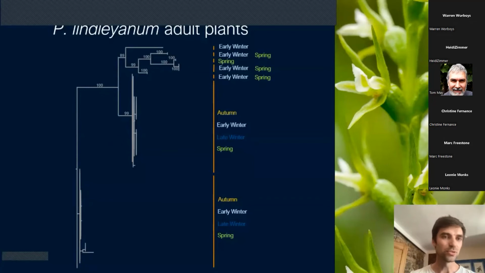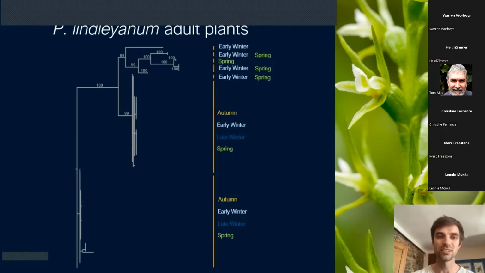My first study species was Prasophyllum lindleyanum from up on the granite outcrops in the Warby Ranges. And I sampled the roots of adult plants at 4 times in a growing season. So just after they emerged in autumn, in early winter, late winter and spring, and sequenced the fungi that were living inside those roots using DNA testing. That's how we identify these mycorrhizal fungi. And I found 7 species of fungus growing in the roots of the adult plants, these represented by these orange vertical lines here. So 2 species were really common, really frequently detected all throughout the growing season, and 5 species were found only occasionally.